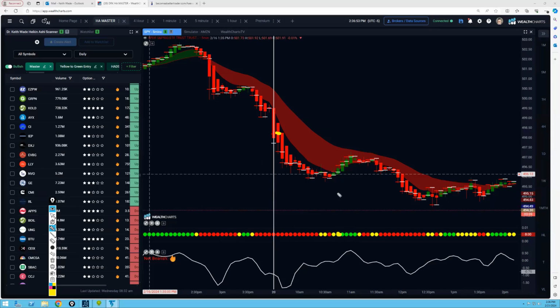Okay, so the entry on this first opportunity is right here. See the green dot right here? So the exit is at the open right there. Okay, right here is your first trade. Nice little short win. Okay, then again, you can go right back in when you get another yellow to red